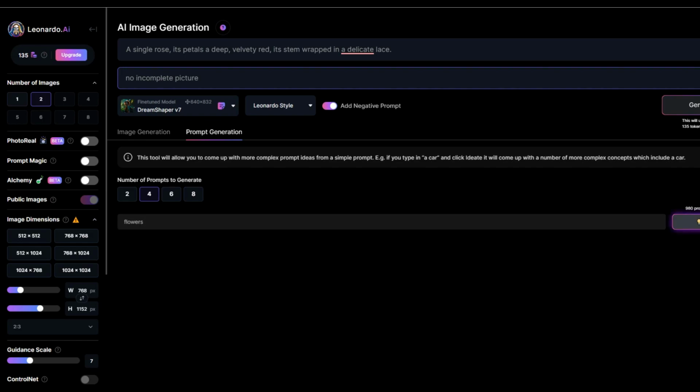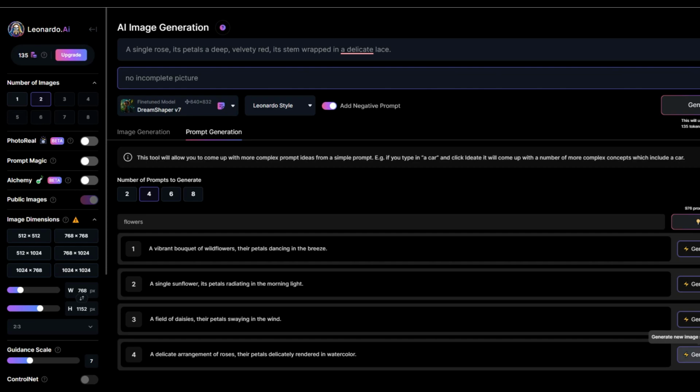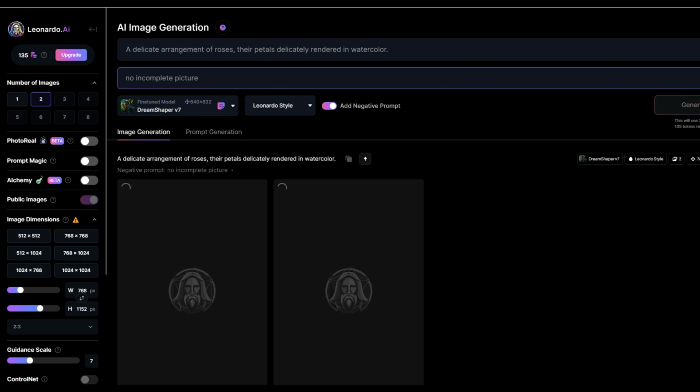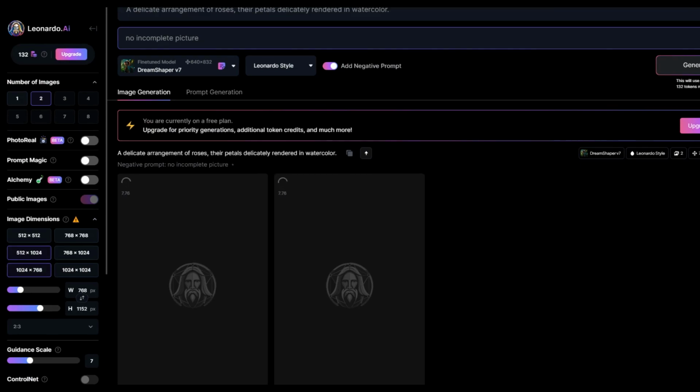Next, you can add a negative prompt, indicating what your image should not contain. There are sections for image generation and prompt generation further down. This part enables you to generate complex prompt ideas from basic prompts. For instance, if you enter flower and click on Ideate, a number of more complex concepts will be generated, including red roses. Moving to the primary settings on the left, you can select the number of images you will receive